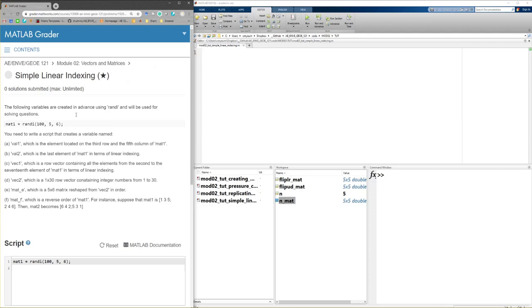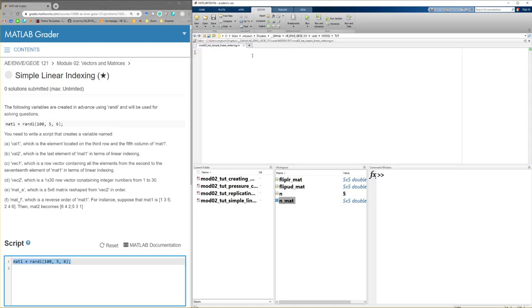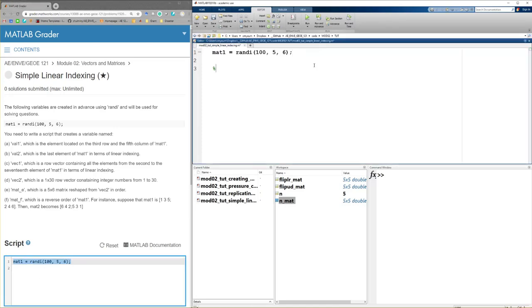So you generate a 5 by 6 matrix. Okay, just copy this one here. Let's solve them one by one. Variable value 1 is the element located in the third row of mat1, and then fifth column. Okay,